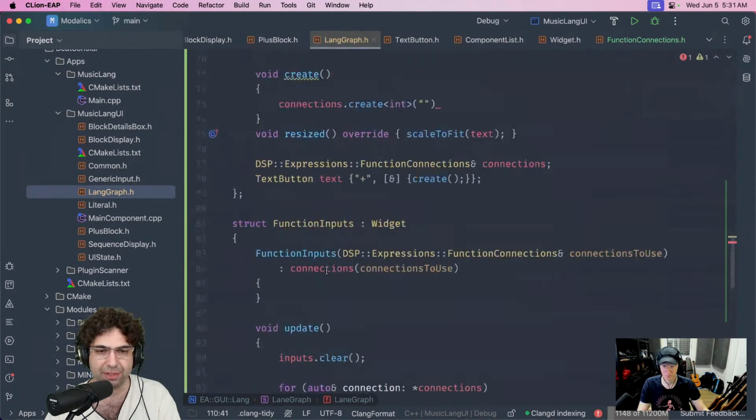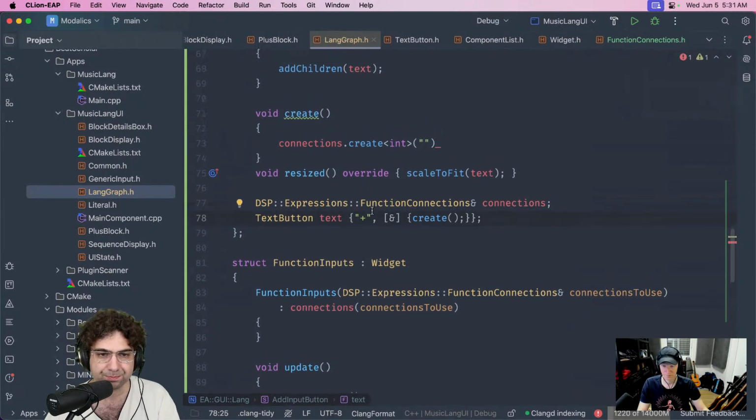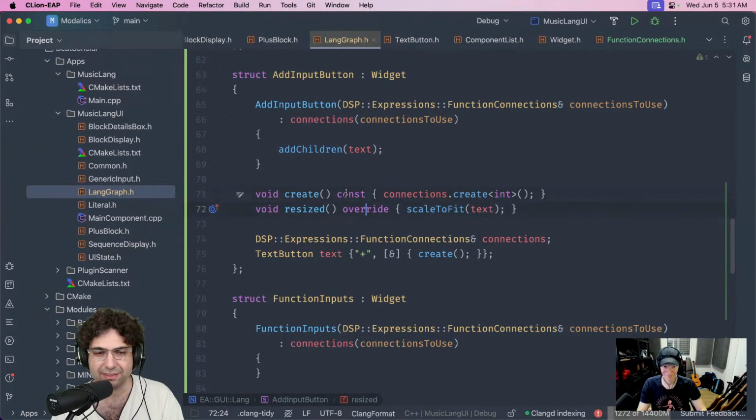So I just need to implement a function that I will pass into the plus button. This is my plus button. And let me implement this function. So instead of passing in a name, I will just call it with no arguments. This is the feature that I just made. Could be named const. Probably not true. I hate when C++ does this, that this can even be done. Like I can even call this function from a const context. Yeah, so this should probably be it.